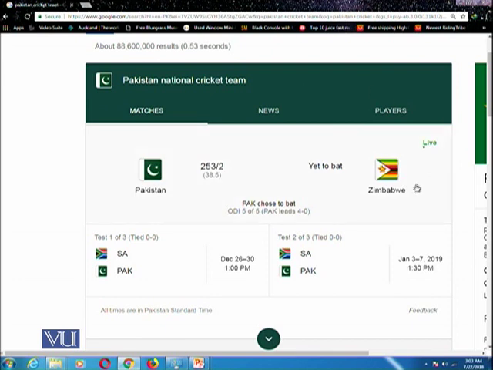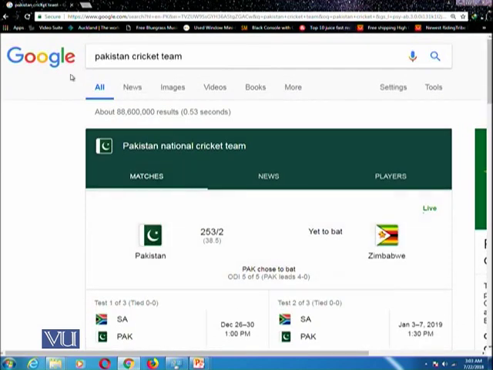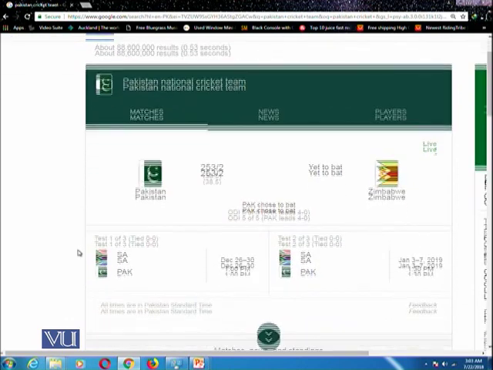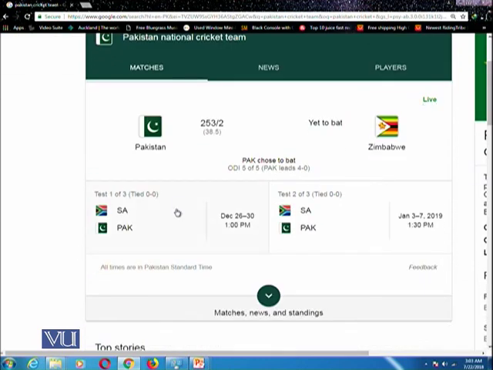It has identified this information from millions and trillions of web pages against your query about what you wanted to know. It is also telling us the future schedule. For example, Pakistan will play against South Africa on December 26 to 30.